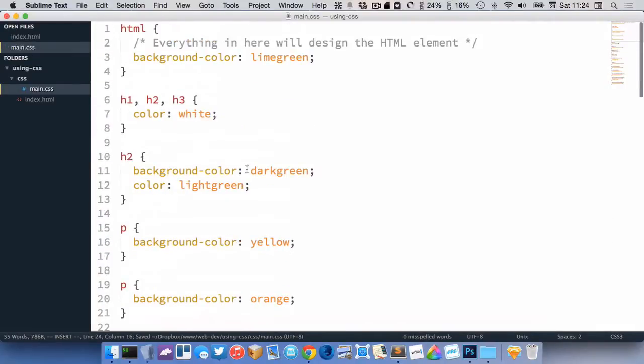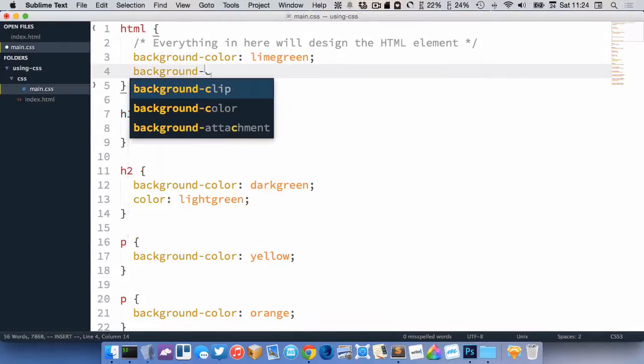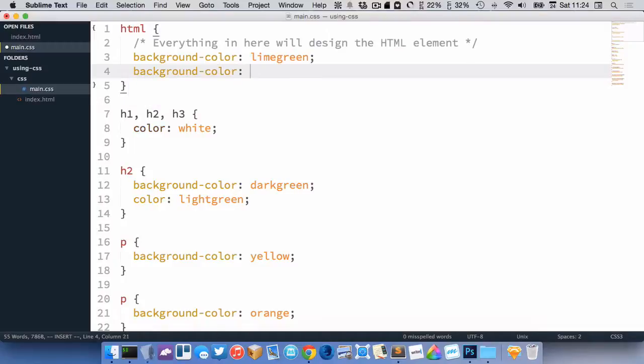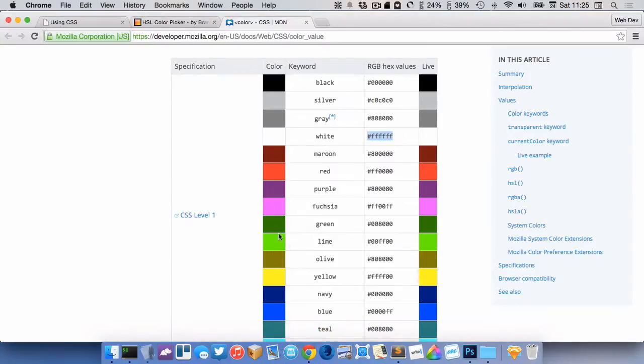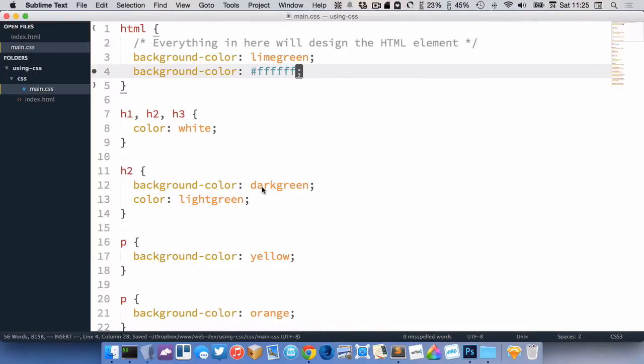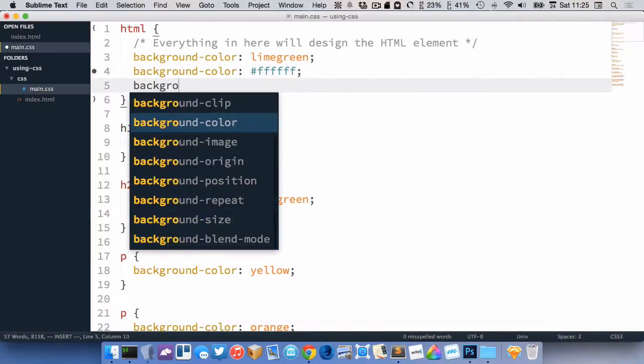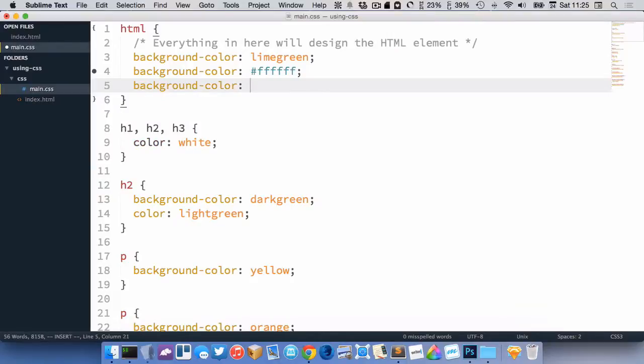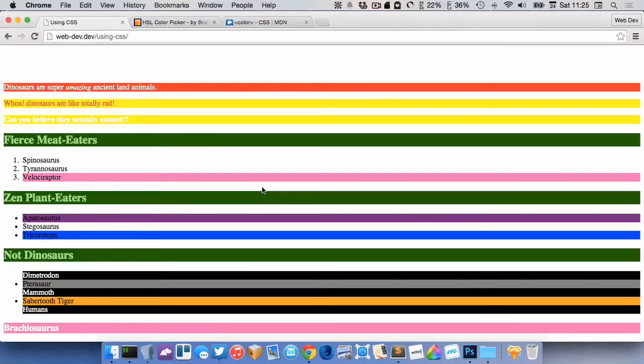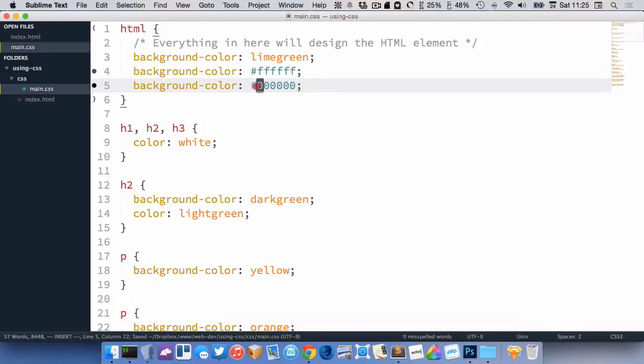So let's go and play with the background color here on my lime green HTML document. If I was to change the background color to #FFFFFF, that would be a hex color. It would change the color of my document to white. Now I can change to another background color, another hex color, #000000, six zeros, that would be black. So this works in